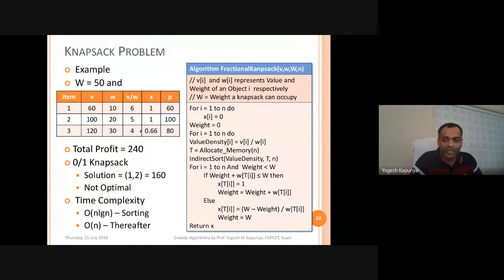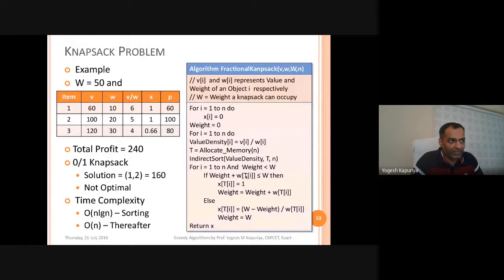Now, what is the next task? The next task is to go through all the items in the order of value density from higher to lower. So you will select the first item. When you pick the first item, first you need to check whether the current capacity of the knapsack, so weight, plus the actual weight of the item which has been picked by this iteration. So the actual weight of item is I.